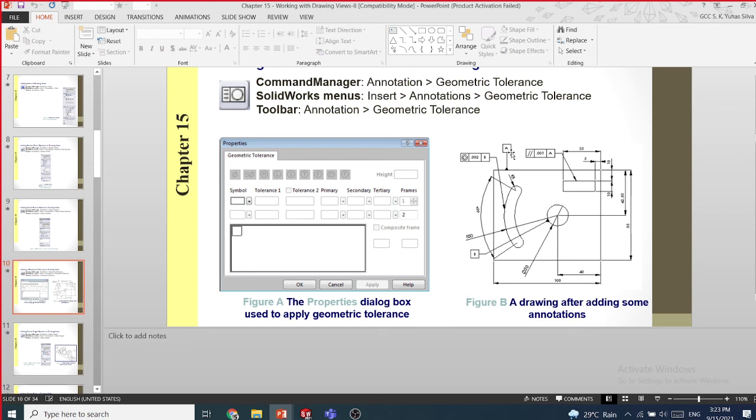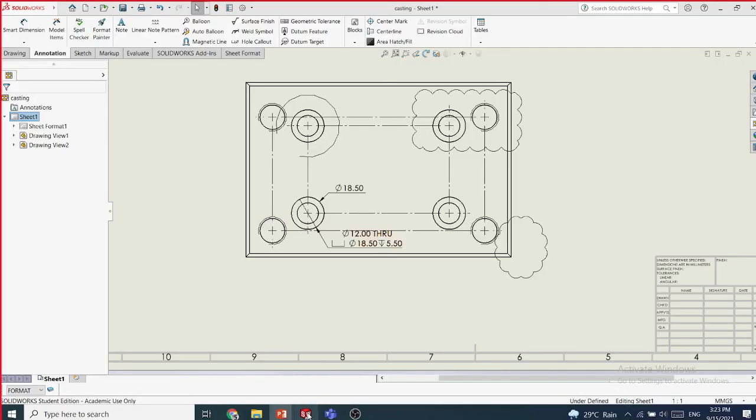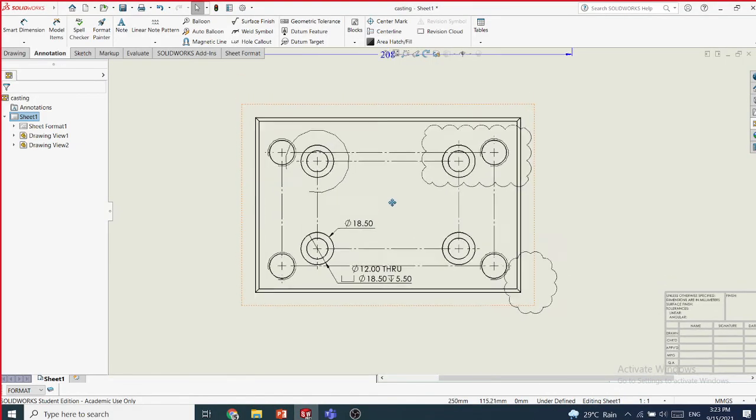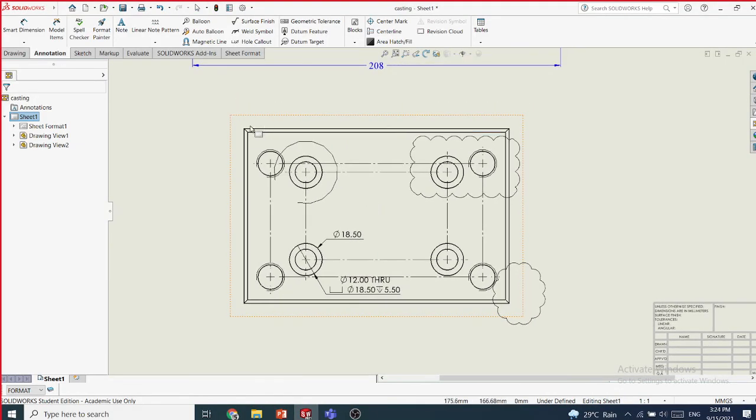So there's a way of marking these datums, and with respect to this datum, this whole rectangle void is defined. Okay, then it is defined with respect to this one. So I will show you how to do it here. For an example, we are marking this datum. So we have this datum feature tool, and we'll just select that tool and